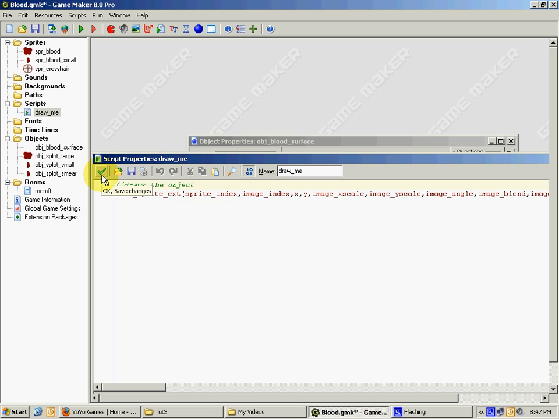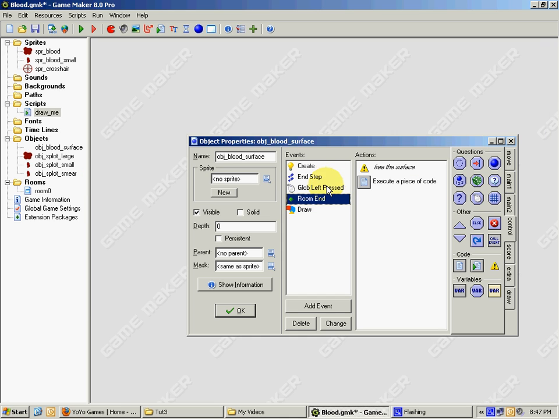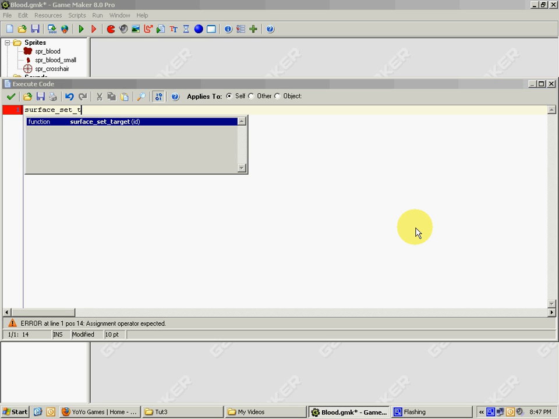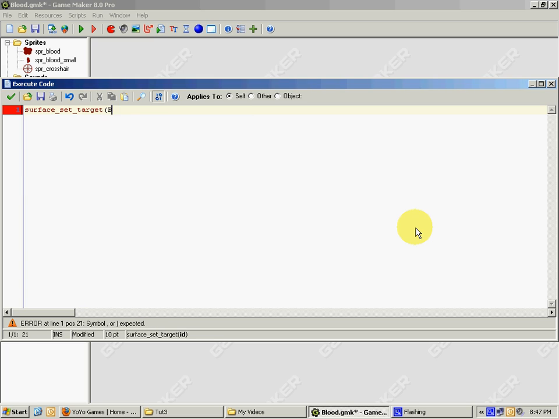So, in the end step event of the blood surface object, you can put surface set target, because we want to draw on the surface, and then blood surface, surface, and with object